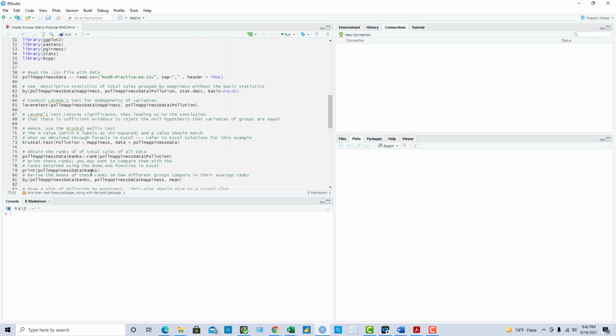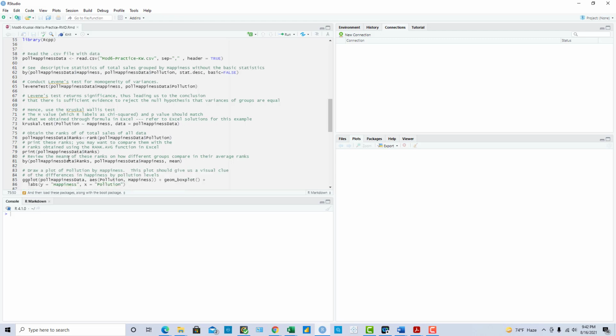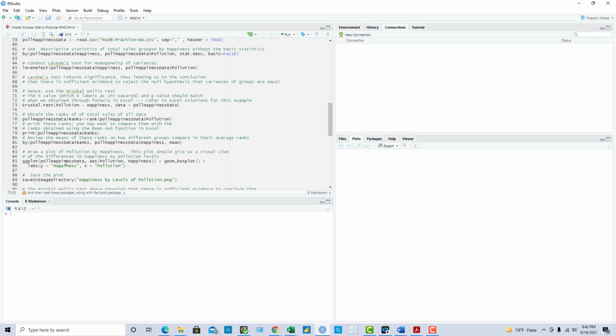In line 79, we are simply printing the ranks for each of those, and we are also looking at the average of all those ranks in line 81 by using the by function, using mean. This is how we can compute the average ranks in each of the groups. Lines 85 and 86 are plotting this data for us so we could see them pictorially.